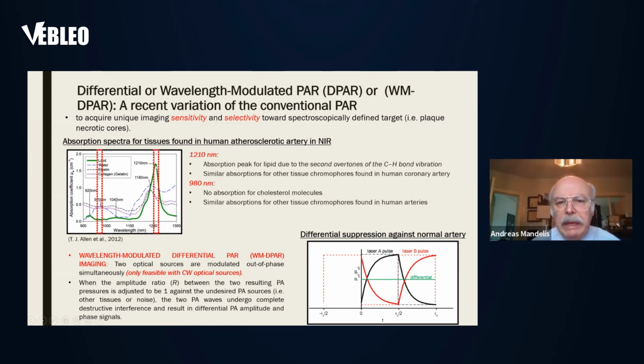There's an absorption peak here for the lipids. These are the lipids that form these vulnerable plaques that are important to identify because they could be causing a stroke and eventually death to a patient. But on the other hand, you don't only have the lipid, but you also have all sorts of other things here. There's water, elastin, collagen. These are typical biochemicals of the tissue, of the walls of the artery that have to be there,